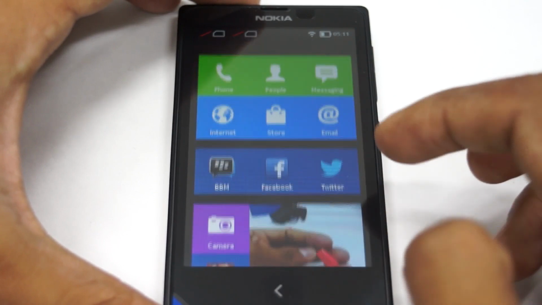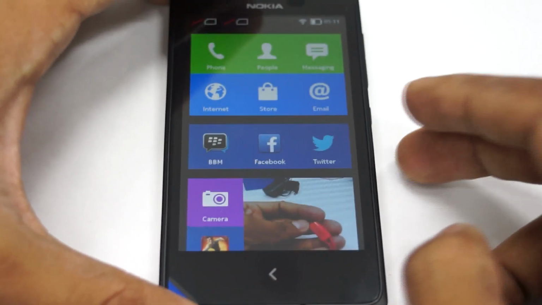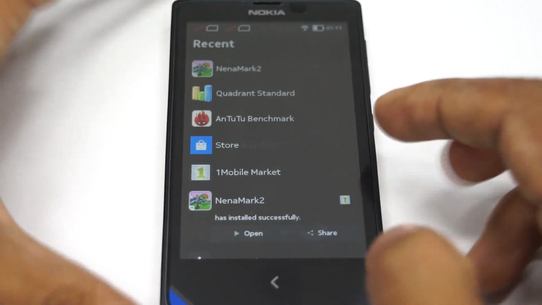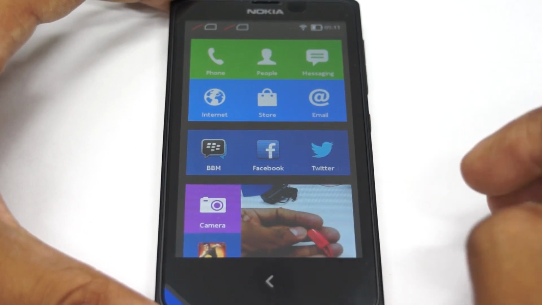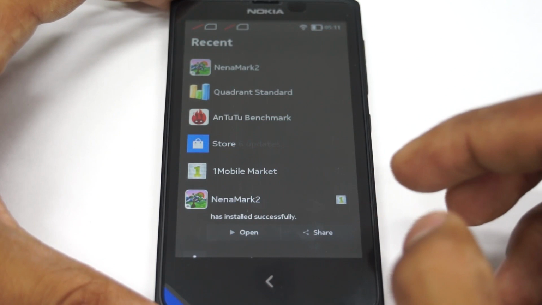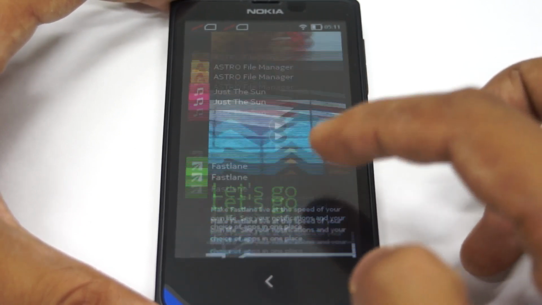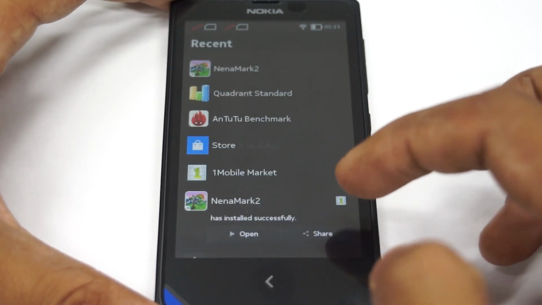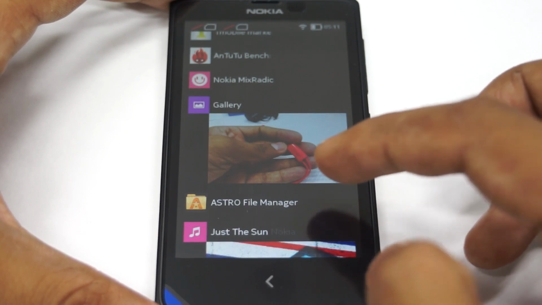This is the tile UI that you see on the Windows Phone interface, and the back key and the Fastlane is something that you see on the Nokia Asha devices. So Nokia has merged these both into the Android OS to bring out the Fastlane, which would help in multitasking. As you can see, this is something like a live log which would show you the recent 50 activities on the smartphone, and this would be arranged based on the timeline.